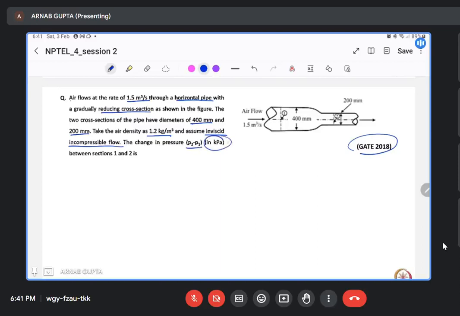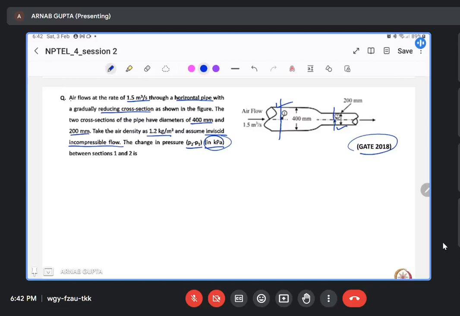So you have to note this between section 1 and 2. Generally, if they're asking this as a numerical answer type question, then you don't have any options in front of you, so you have to be careful about what units they're asking you to report the answer in. Okay, so again, this is section 1, this is section 2, this one,